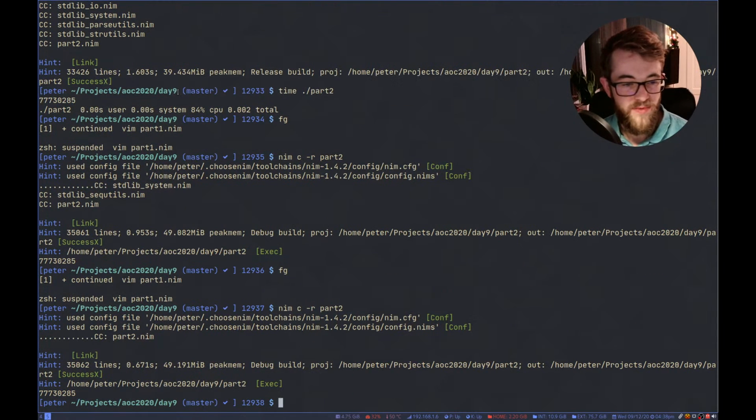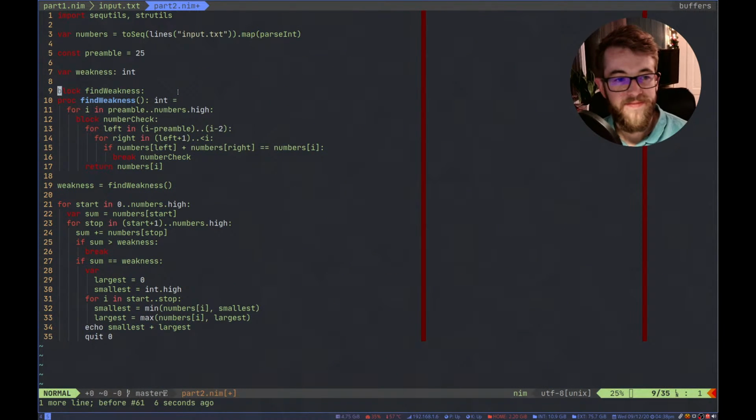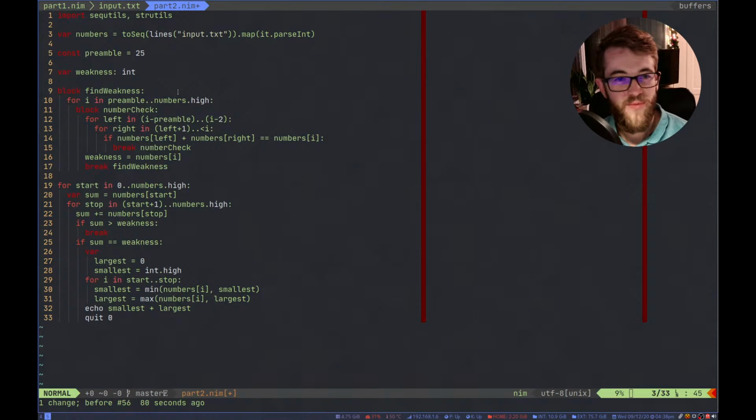I mean, this would do the same thing, but why make a procedure when we're only using it once?